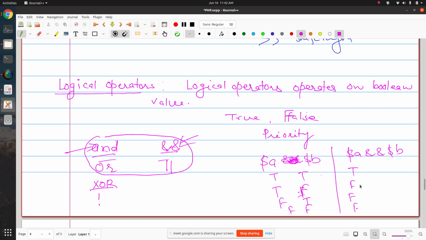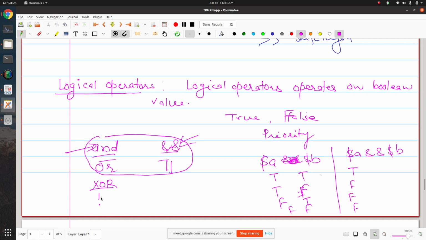So you know that in case of AND operation we only get true when both operands are true. Otherwise, if at least one is false, then the outcome is false. In case of OR operator, you know that if at least one is true, then your outcome will be true, and you will get false only when both of them are false.